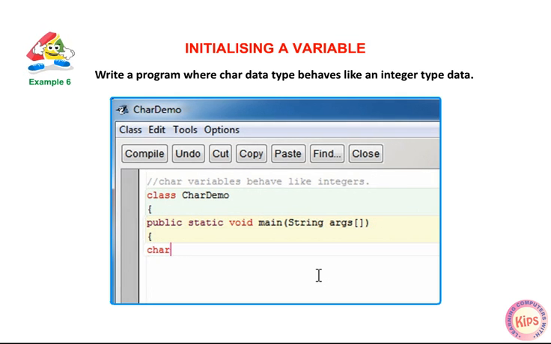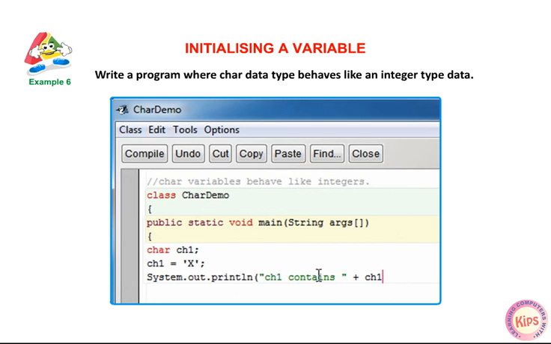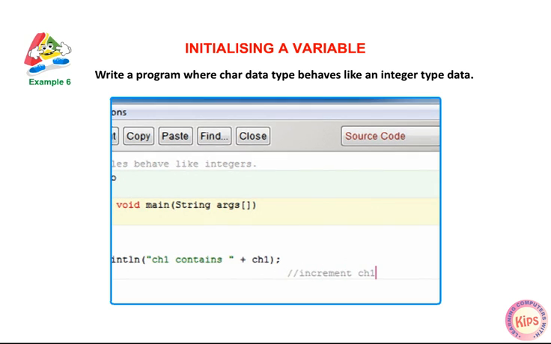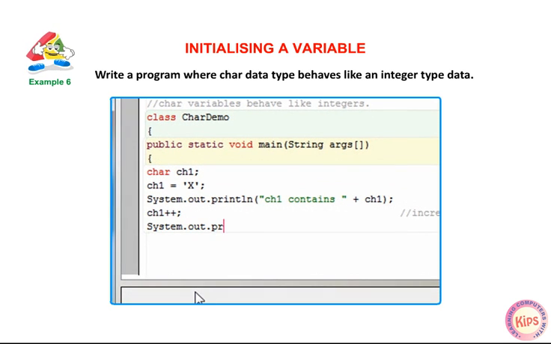char ch1; ch1 = 'x'; System.out.println("ch1 contains " + ch1); ch1++; // increment ch1. System.out.println("ch1 is now " + ch1); } }